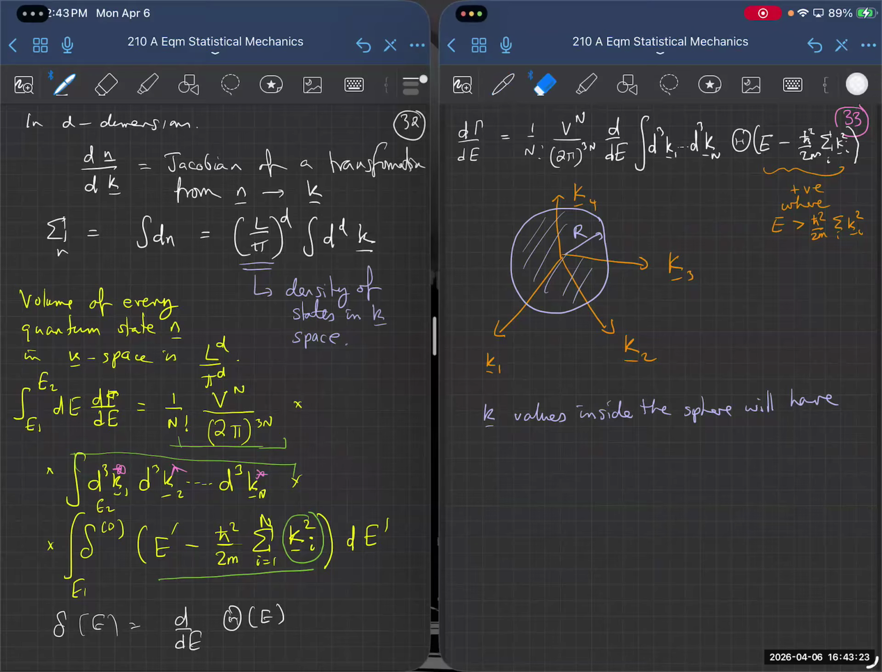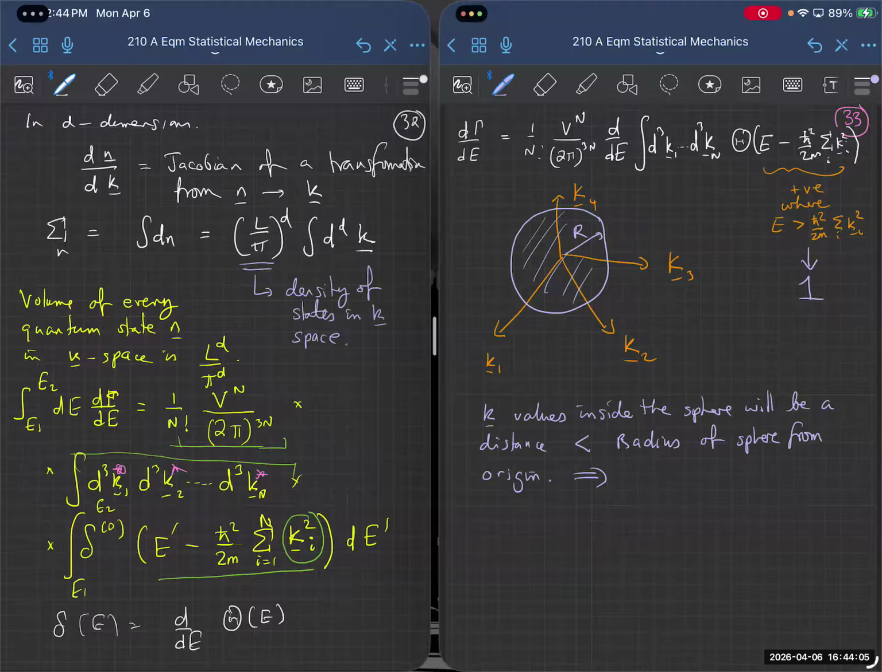will be a distance less than the radius of that sphere from the origin. And if they are satisfying that condition, then when that's positive, that just gives me a factor of 1. So in fact, all I'm doing with this integral is calculating the volume of a sphere in 2n dimensions. So the k values inside the sphere will be a distance less than the radius of the sphere